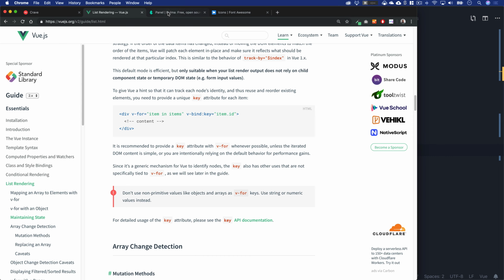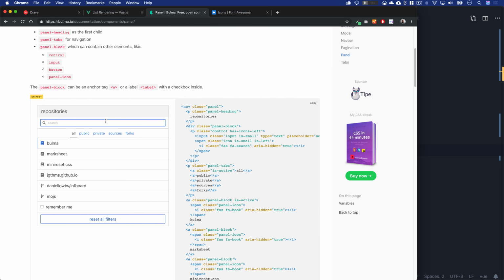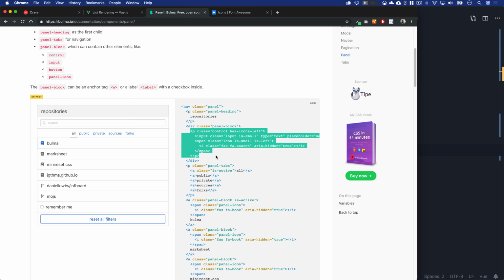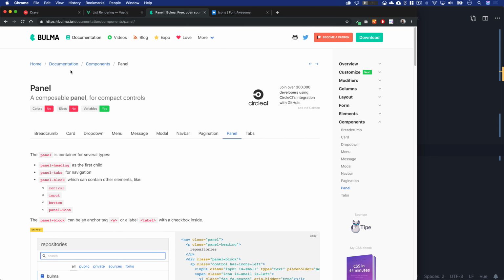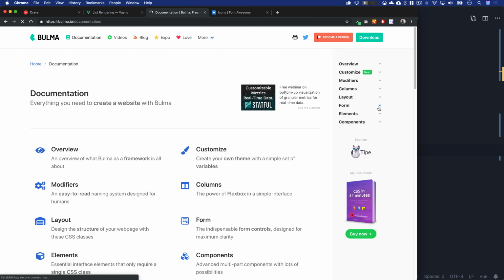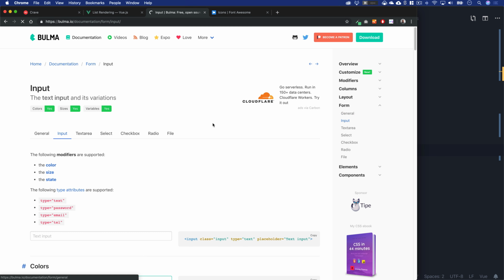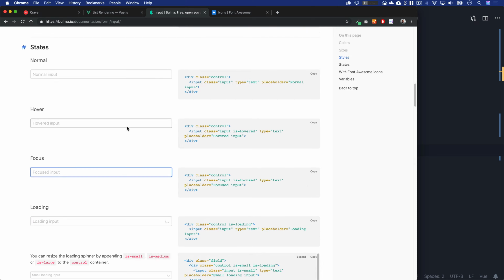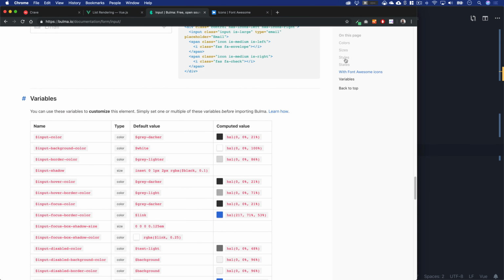So I'm going to come over to Bulma's. They kind of have an example already of this search box right here. So I think that is just basically a control, panel class control. But I want to format this in a specific way. So let me actually come up here. I can use this one over here, this sidebar. Let's go to input. Is it on input? One of these has what are called add-ons. I think it's actually on